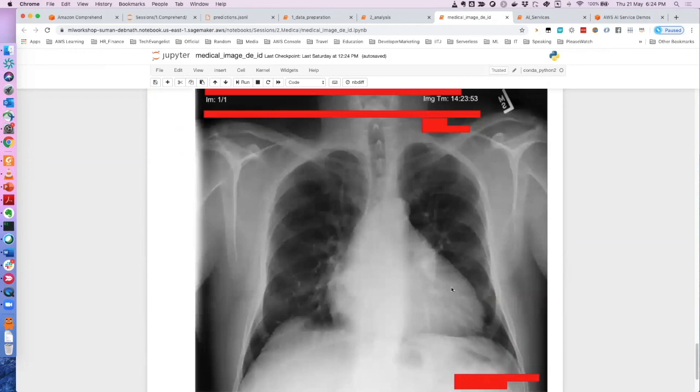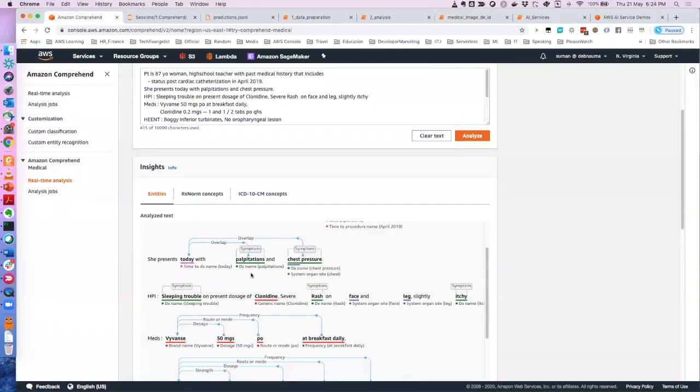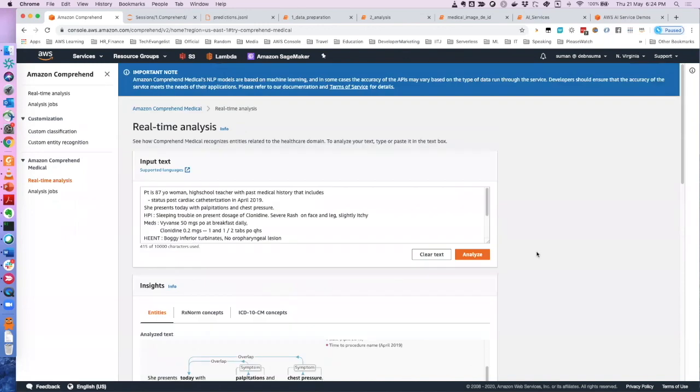There are a lot of other features available in Comprehend Medical, like what we have seen here. You can do some text analysis. Here we took an example of an X-ray, but the idea is that if you want to do text analysis for medical data, then you should not use Comprehend. You should use Comprehend Medical, because it is specific to the medical domain. So with that I'll stop, and that's all I had today, just to give you a brief about Comprehend and Comprehend Medical.